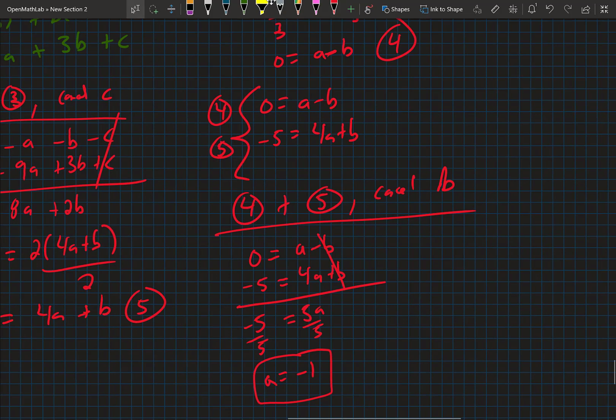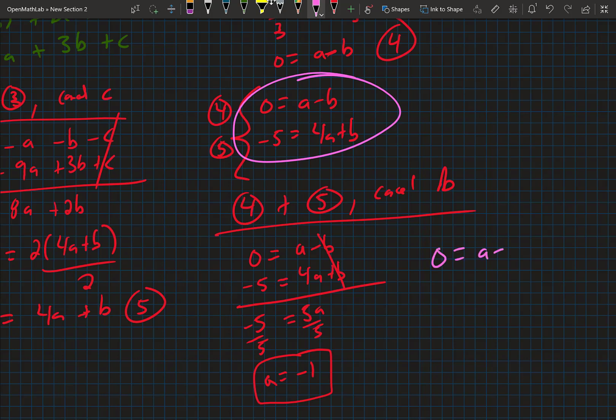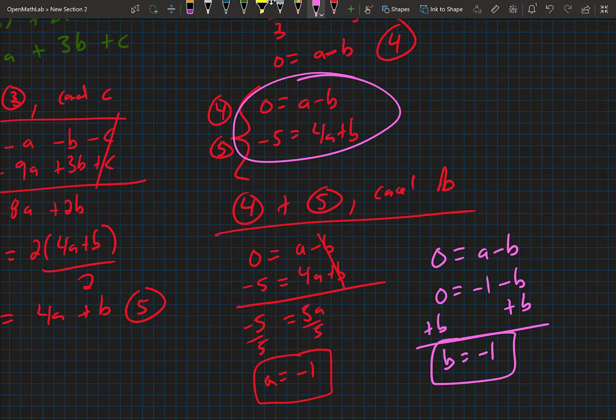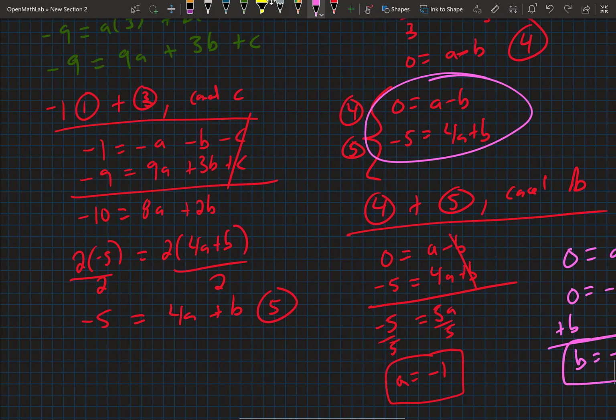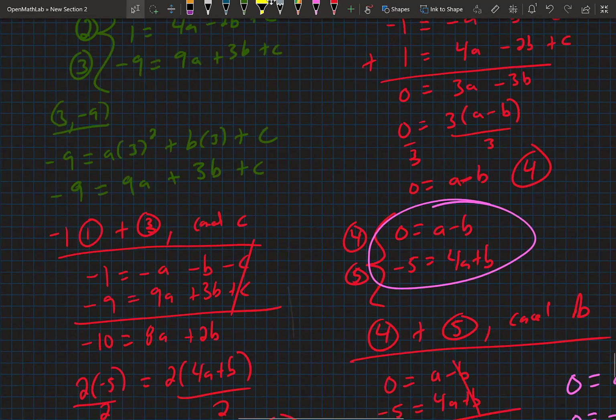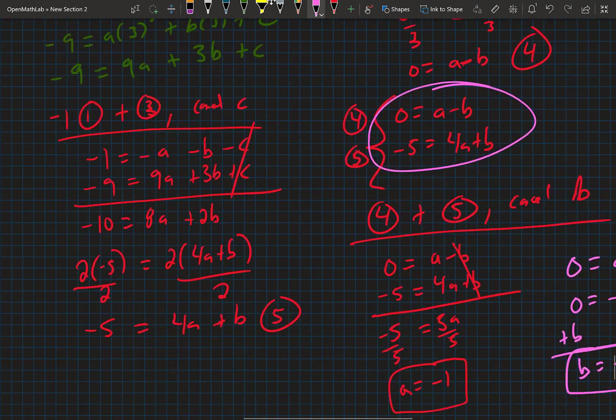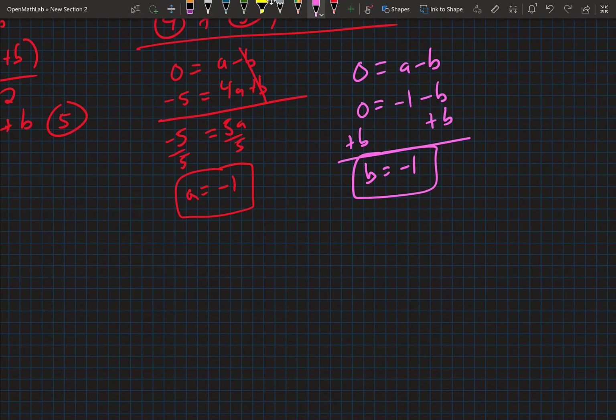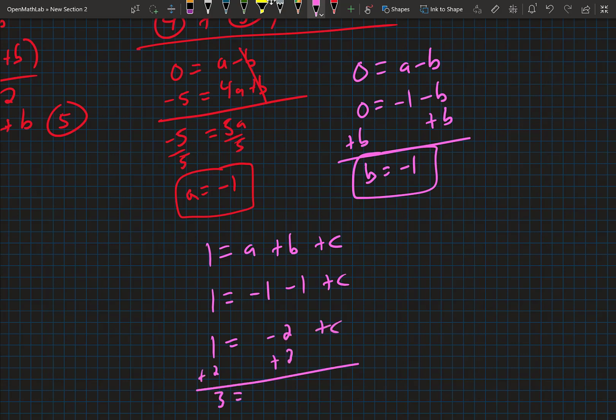Right? So then I can find b pretty easily by just substituting it into one of these equations. Right? So if I just take 0 equals a minus b and plug in my a value, I get 0 equals negative 1 minus b. Then I can add b to both sides, and I get b equals negative 1. Right? So we need that. And then I still need c. So what I can do is take one of these equations. I'll just pick the first one. It's probably the easiest, and plug in a and b to find c, right? So we have 1 equals a plus b plus c. So 1 equals negative 1 minus 1 plus c. So 1 equals negative 2 plus c, and then add 2 to both sides, and I get 3 equals c,